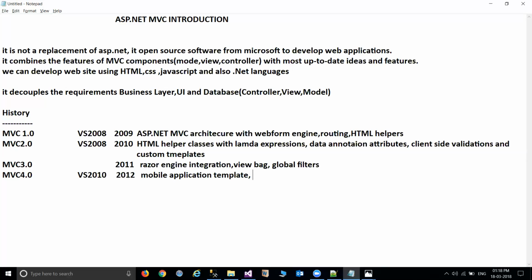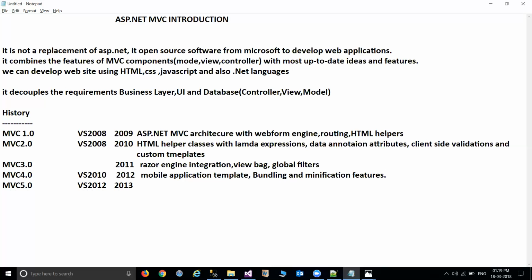Bundling and minification are the features provided in MVC 4.0 to help with performance aspects. After MVC 4.0, they released 5.0 as well.